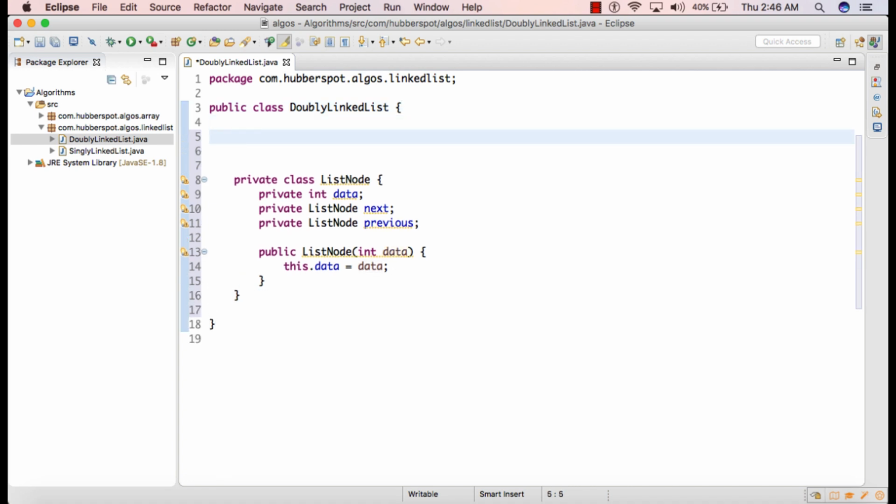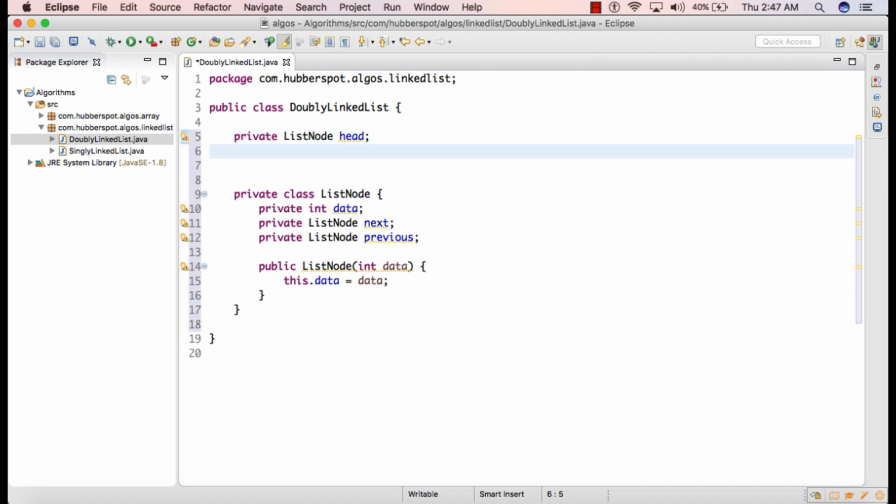And we also saw in the slide that doubly linked list had a head pointer and a tail pointer. So we'll create two instance variables of ListNode. One is head and the other one is tail.